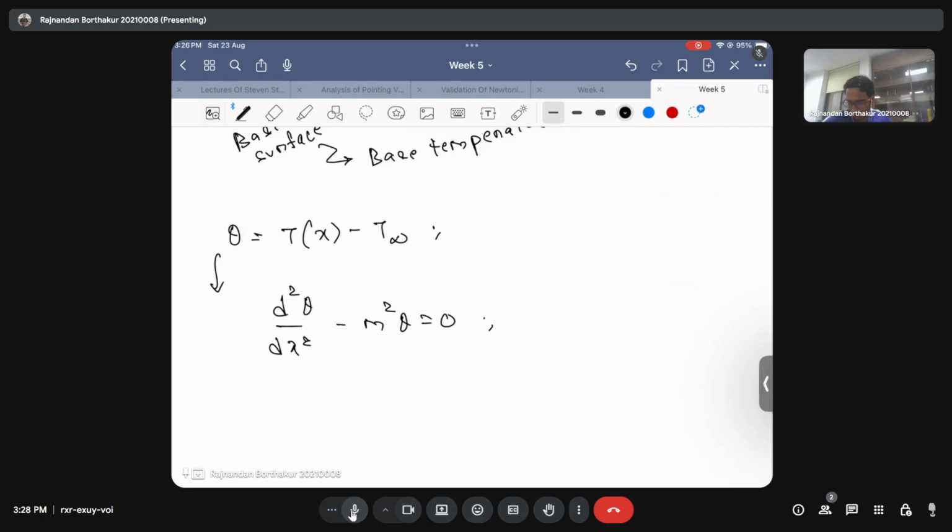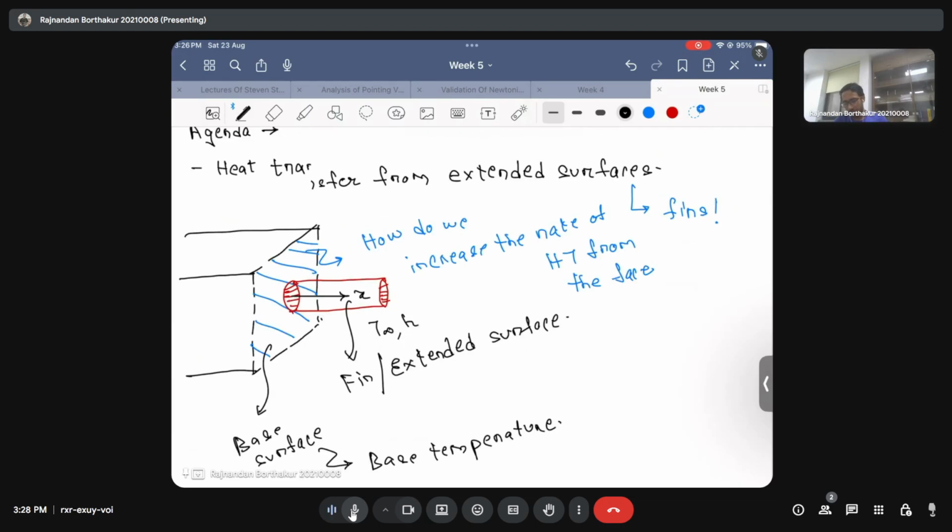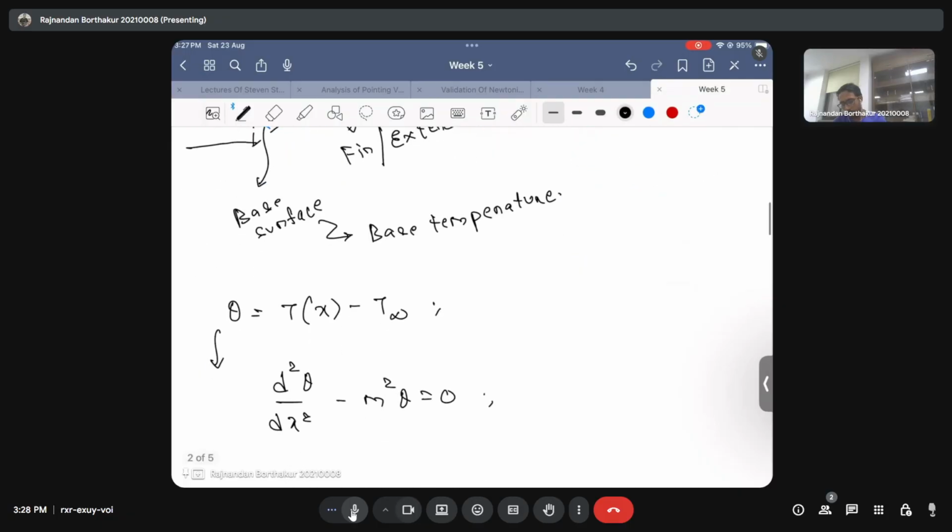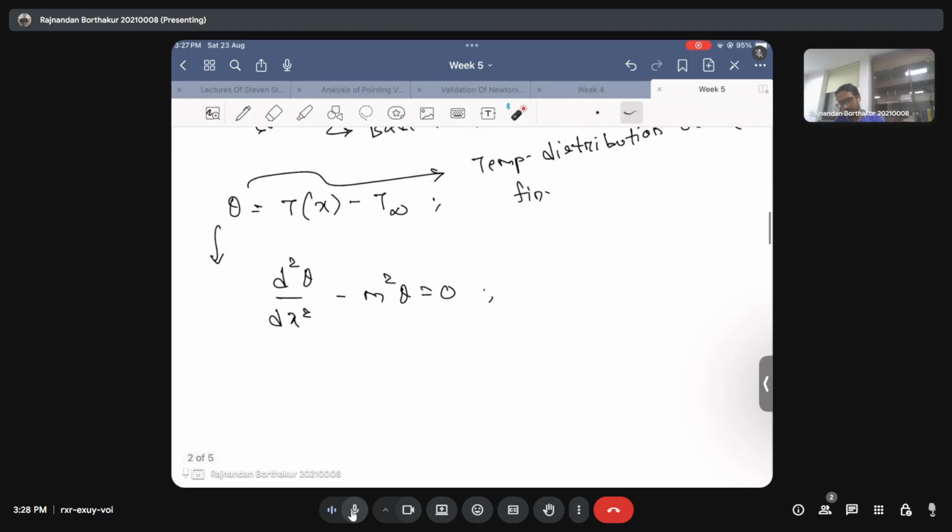You need to understand that this theta is the temperature distribution of the extended surface, or fin basically. This is the temperature distribution of the fin. And the ODE that governs the distribution is just d2 theta by dx2 minus m square theta is equal to 0, where you have seen that m is a parameter equal to the square root of pH by KAC. Okay, where P is nothing but the perimeter of the fin,